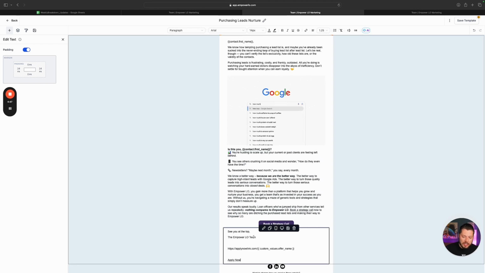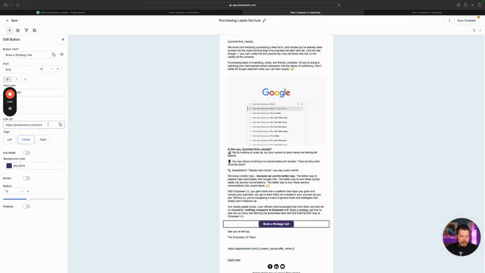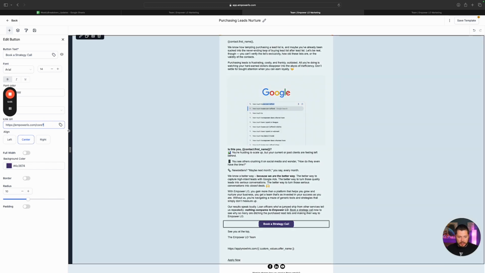So anyways, just added ability to customize your links inside of the email builder. Really the coolest component of this, and something that was definitely lagging in HighLevel. So let's take this button here, for example. Whereas before I couldn't use custom values in this link,